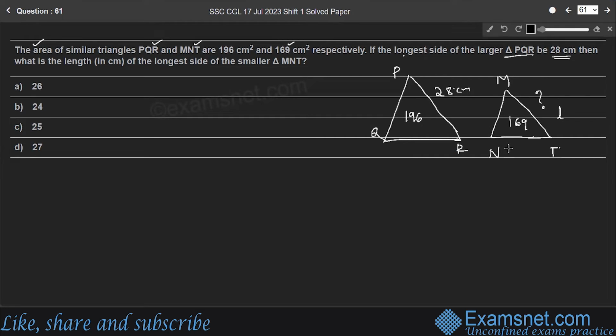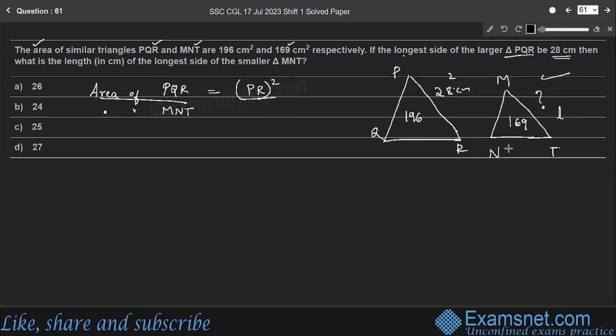If two triangles are similar, the ratio of their areas is equal to the ratio of the squares of their corresponding sides. If I consider PR as one of its sides, then the square of PR is to the square of MT equal to 196 by 169, the ratio of their areas, right? Therefore, we'll consider area of PQR by area of MNT is equal to, so here PR value is given, which is PR